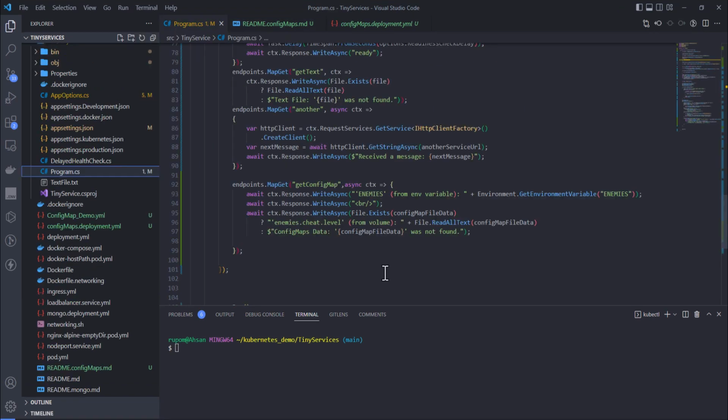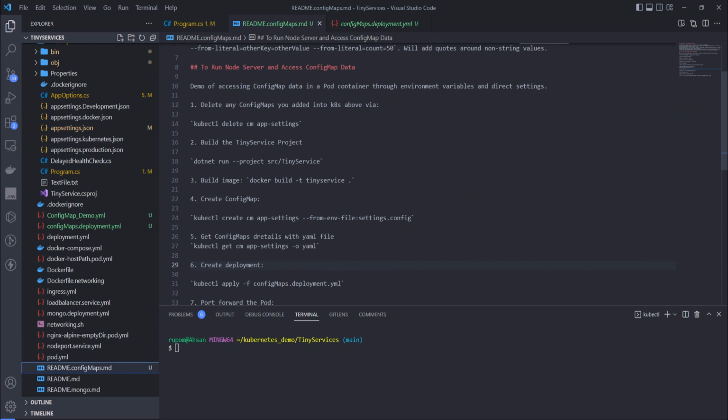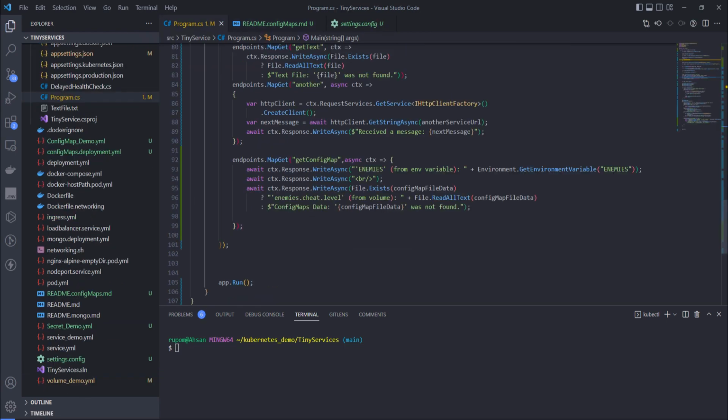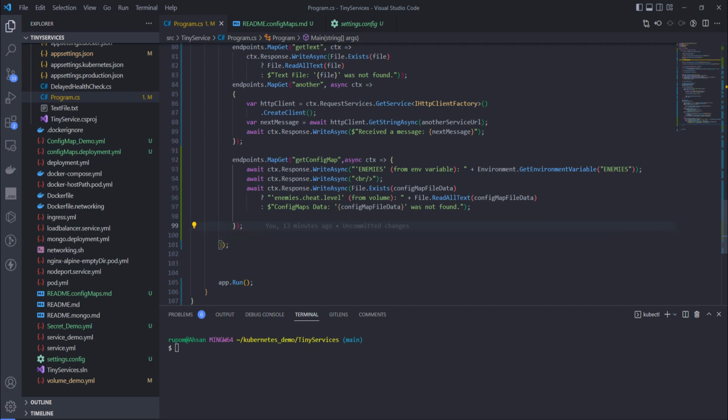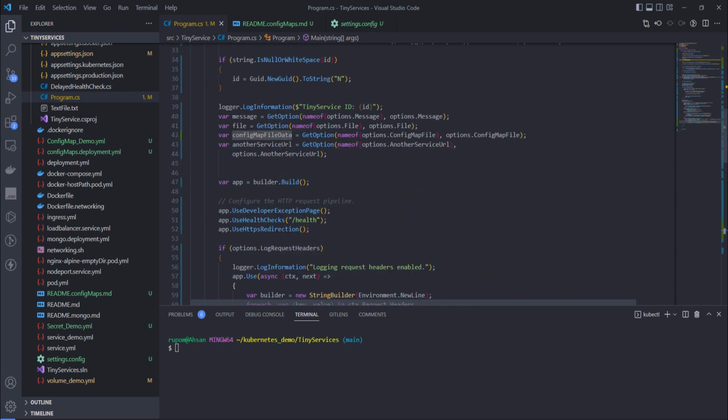So I have added a new demo service called Get Config Map to our Tiny Service API project. The source code link is in the description below. Also, I have added a readme file, configmaps, in the project repository so that you can follow along and get the same result. Now you open up that sample API. The get config is really a basic one. It does 2 things. Number 1, we are going to read from a volume that we are going to create from /etc/config. So if you open this config map file data source, you will see we are basically getting